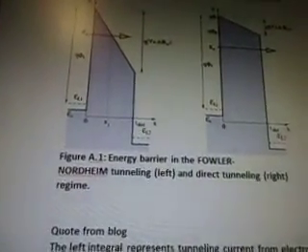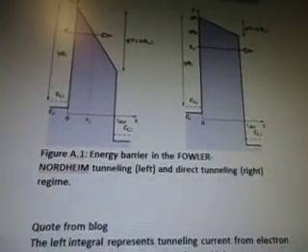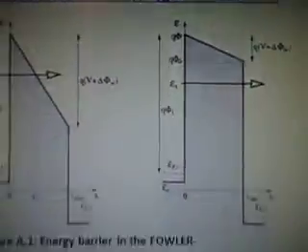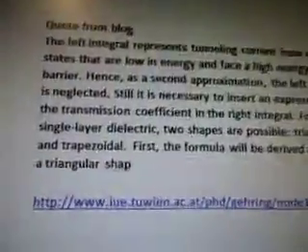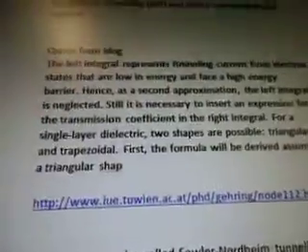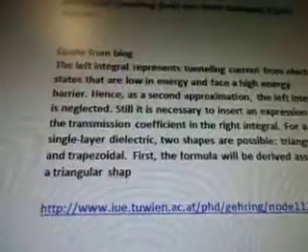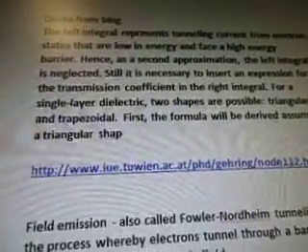Figure A1, energy barrier in the Fowler-Nordheim tunneling left and direct tunneling right regime. So it looks like. Quote from blog, the left integral represents tunneling current from electron states that are low in energy and face a high energy barrier. Hence, as a second approximation, the left integral is neglected. Still, it is necessary to insert an expression for the transmission coefficient in the right integral. For a single layer dielectric, two shapes are possible, triangular and trapezoidal. First, the formula will be derived assuming a triangular shape. So that's from